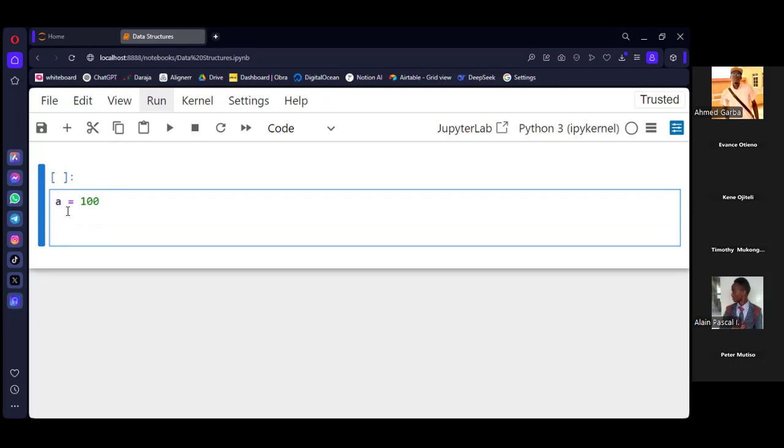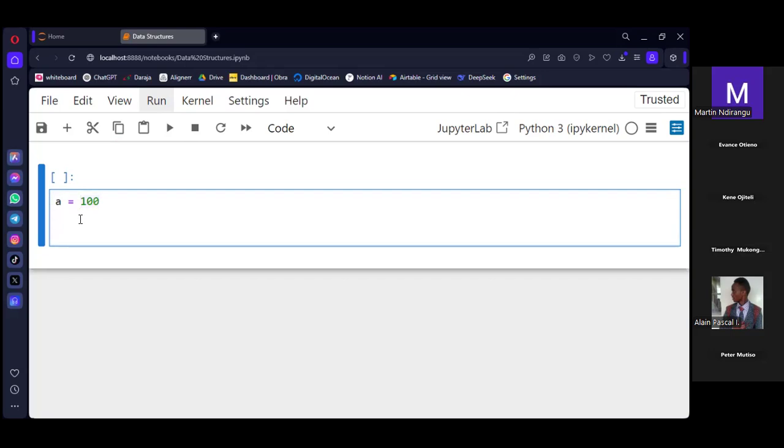Python is not like other programming languages where you have to declare a variable with keywords like let, var, or const. Here, as soon as you assign a value to it, you have declared a variable.